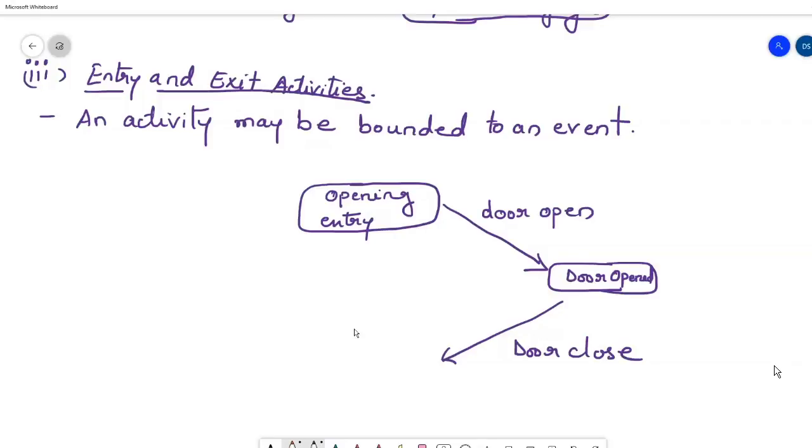So the next state would be closed. And again, when the door is closed, then only will you try to open it, so here also we write door close. So an activity may be bounded to an event. Whenever an event, an action is performed, then only